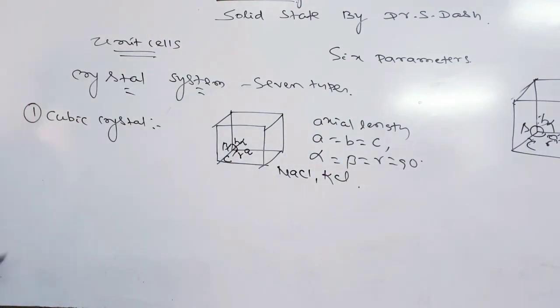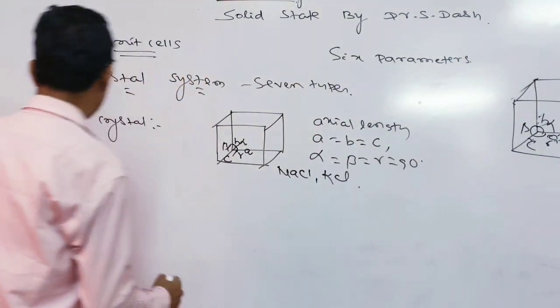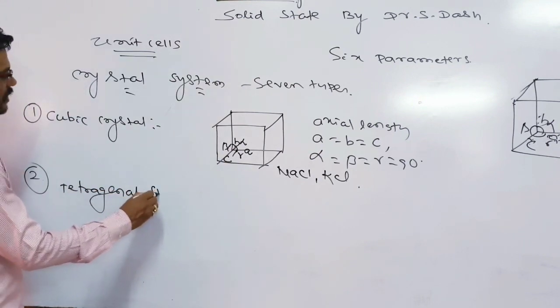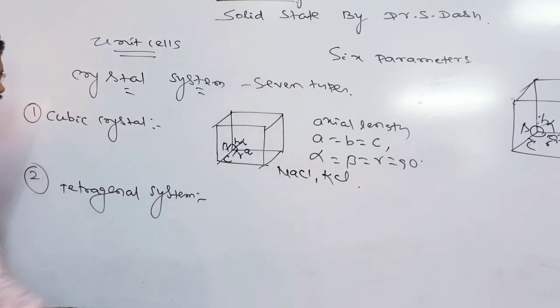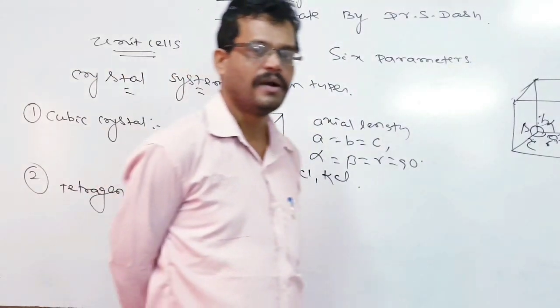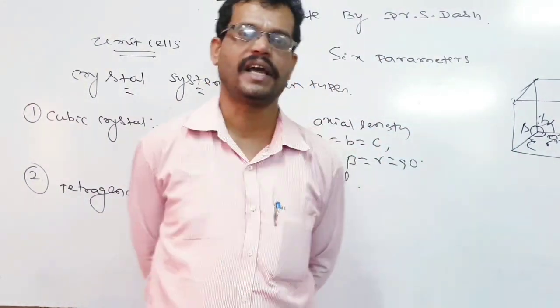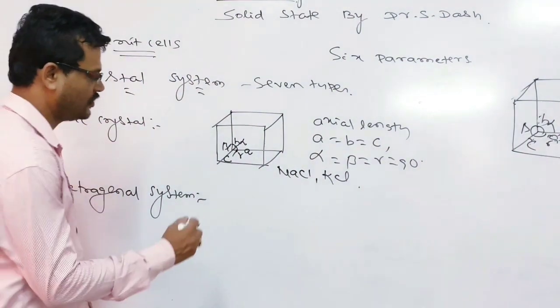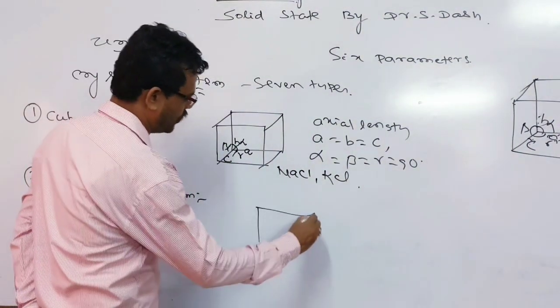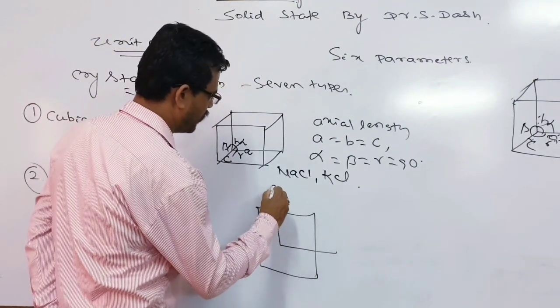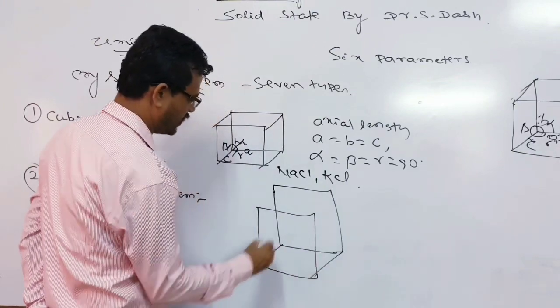Okay. Now let us go to the second type of crystal, that is tetragonal. In the tetragonal crystal system, once again, what will happen, sir? In the crystal structure, the angles are perpendicular to each other, and 2 lengths are the same, and the third length is different. Let us say you take the structure of this crystal system. So that is the tetragonal system.